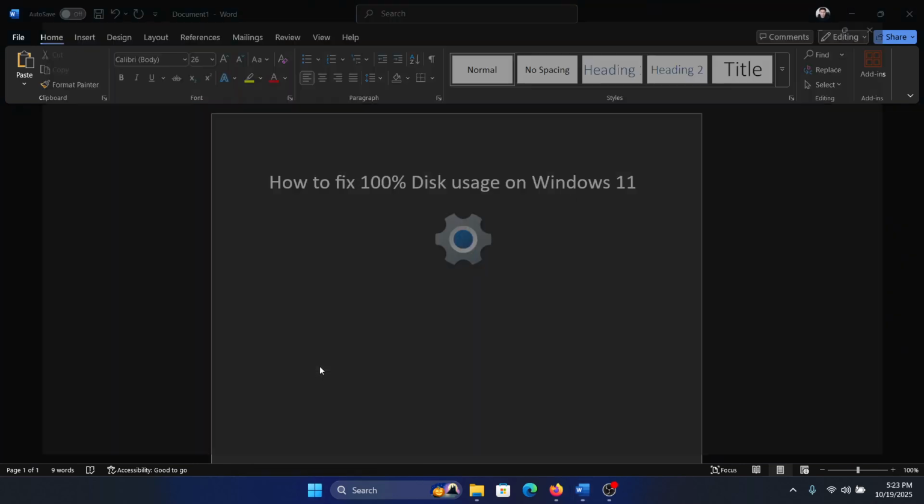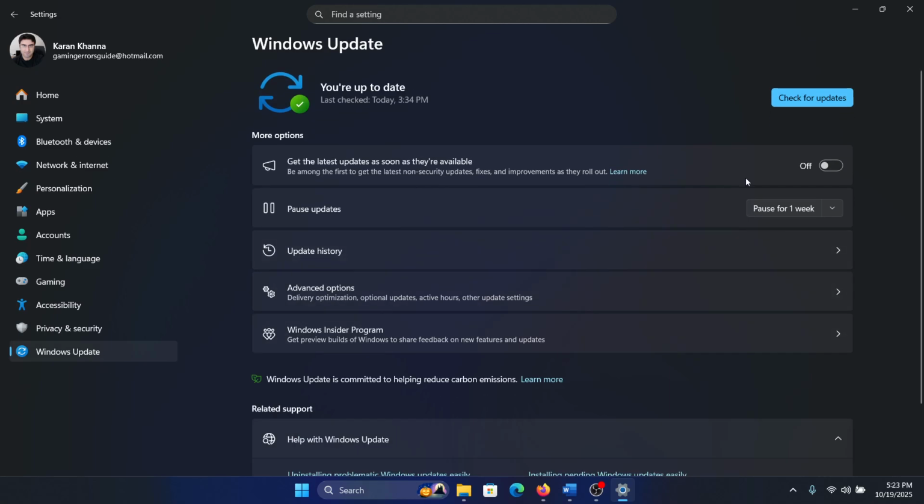First of all, right click on the start button, select settings, go to Windows Update and check for updates. Make sure that each and every update is installed. Once this is sorted out,